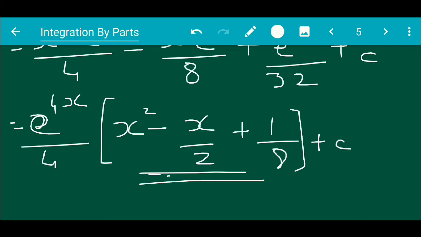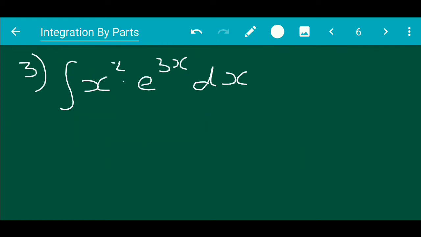You can pause the video, study the sum properly and then go on to the next sum. Now in the next question, we have the integral of x square into e raised to x dx. Essentially, the sum can be done in the same manner as the second sum. However, I'll help you to do it. If you have understood how the second sum was done, you can do this sum along with me. As I am doing the sum, you can just explain to yourself the steps and do the sum.